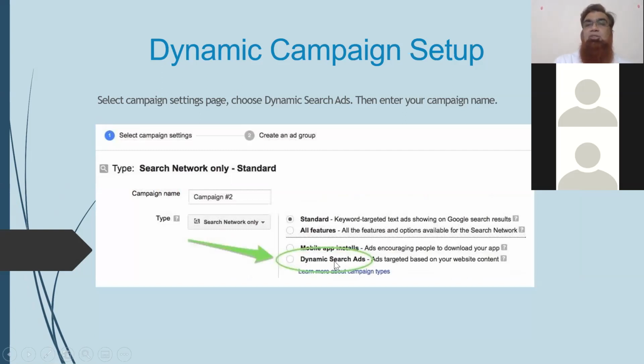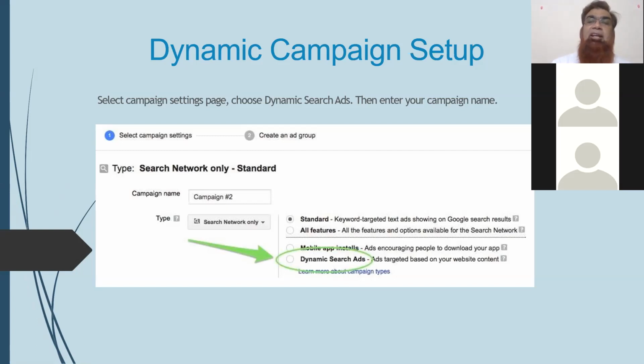So first we will be discussing dynamic ad creation. Now, what do you mean by dynamic ad? It means Google will automatically create the title of your ad based on the kind of searches which are happening and the kind of content that you have on your website. You need not write a title for dynamic ads.